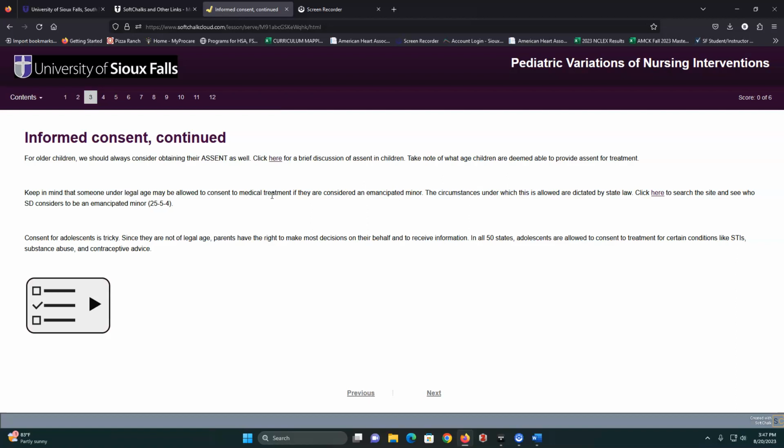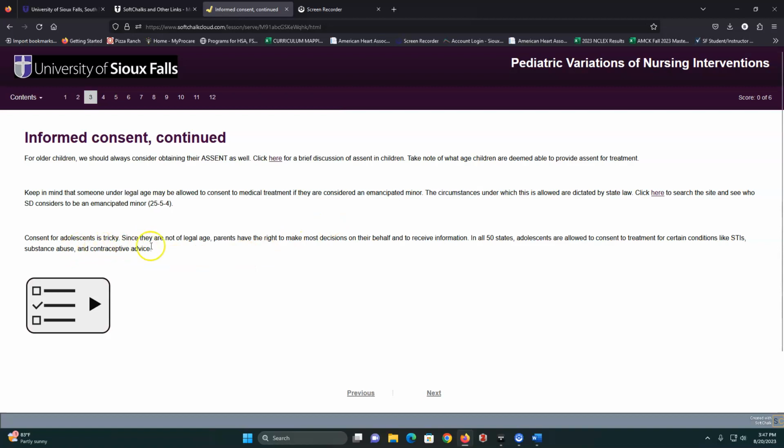In the state of South Dakota, it gets a little interesting, and you'll probably talk about it in maternal, but the 16-year-old is responsible for the care of that child, but they don't have care of themselves yet. Their parents still have the right for informed consent for the 16-year-old, which gets really weird sometimes.